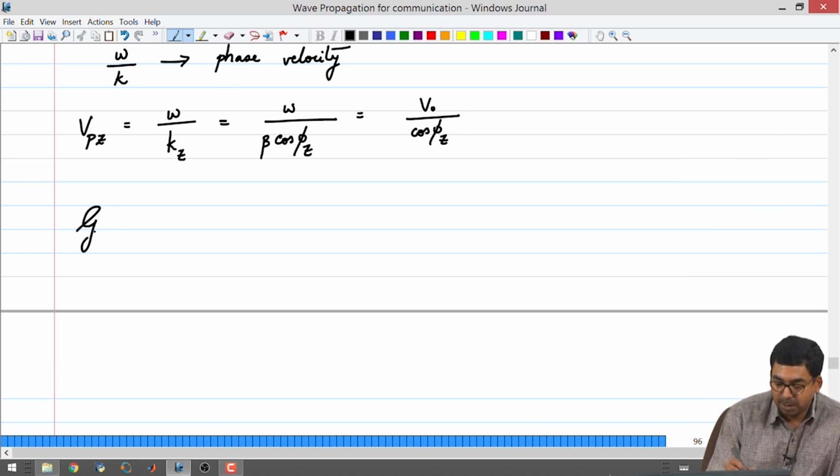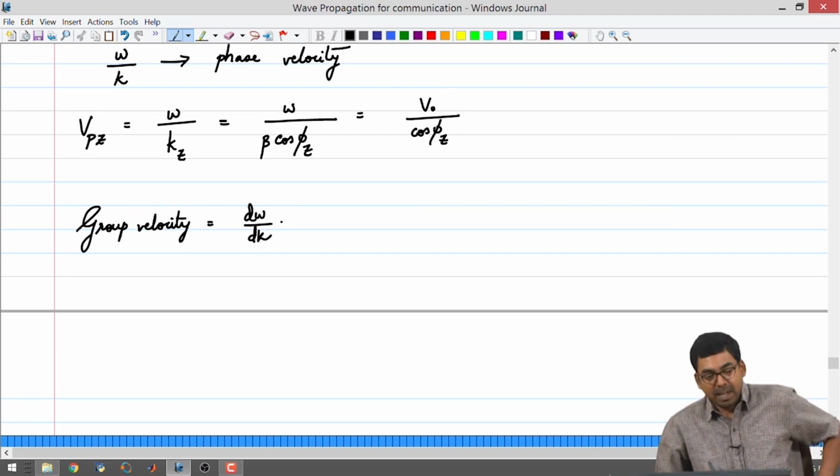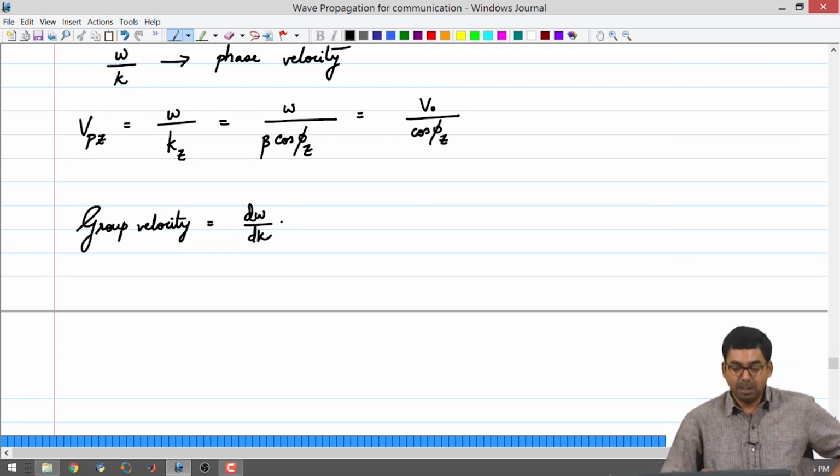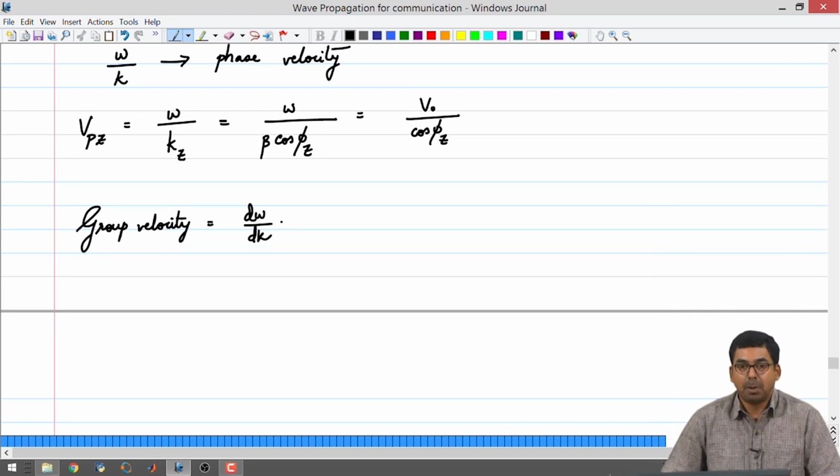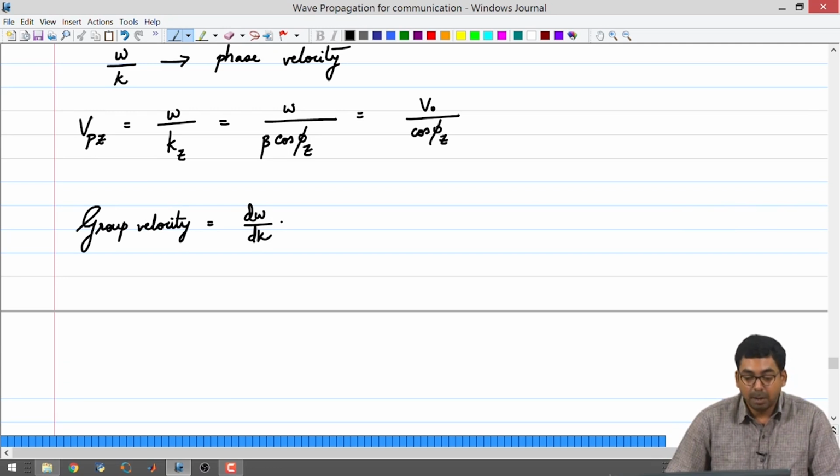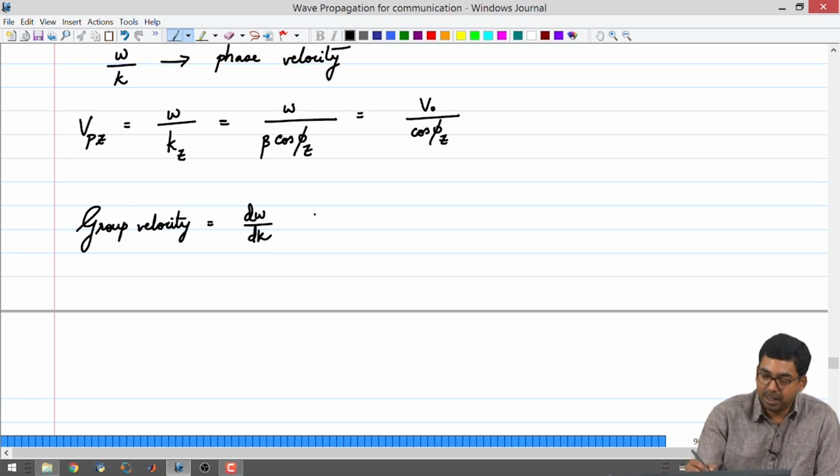The other meaningful one that people always talk about is what is known as group velocity. It is d omega by dk in the strictest sense, a small change of k giving rise to a small change of omega, and you take the ratio of that, and that actually gives you the group velocity. So, group velocity is a more meaningful term where you can draw inferences, and we can write down, so far from what I know,